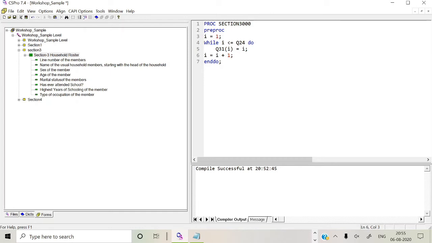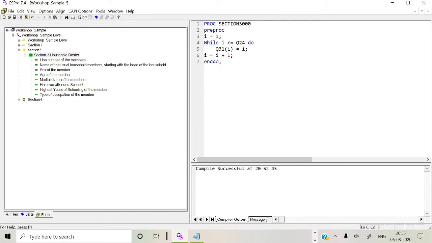We have declared a temporary variable I. For declaring I, we have given a while statement. Basically, it keeps looping until the total members match, and the roster has to be executed and controlled according to that.